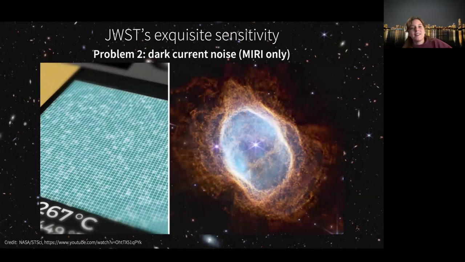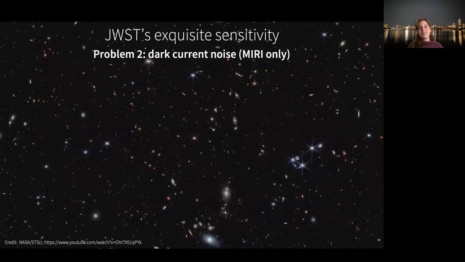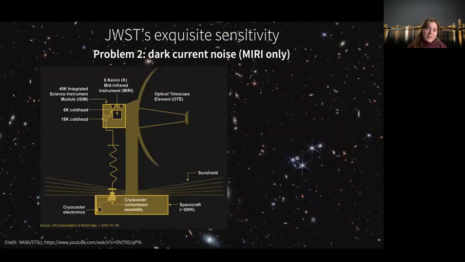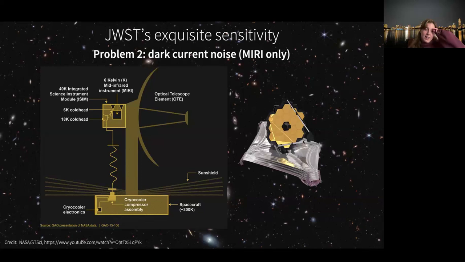Now, it turns out that there had to be quite a lot of engineering done on this front, because the sun shield is not sufficient. And so what actually happened is that the engineers came up with this active cooling system, which is fairly complicated, but let me just give you a brief outline of it.